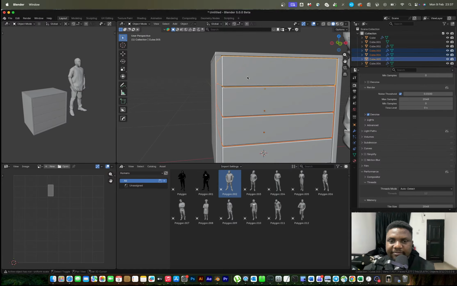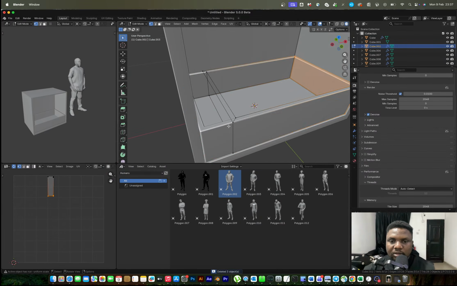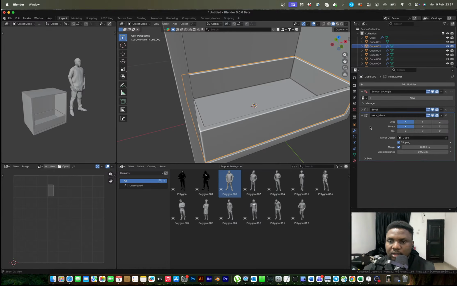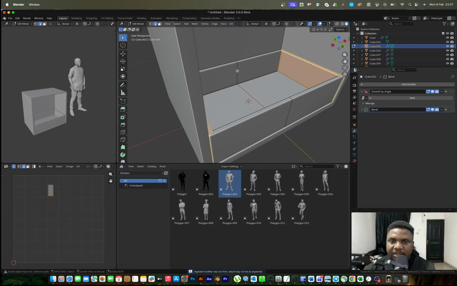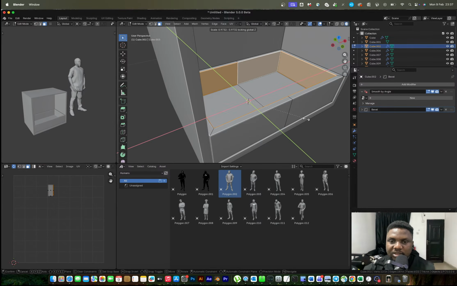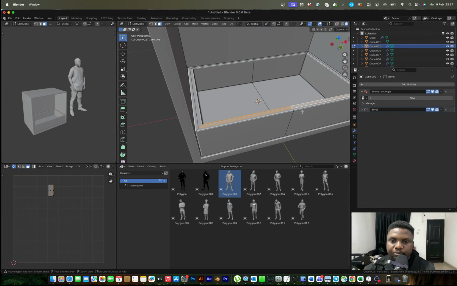So this right here, I feel like it's a little different. So I want to treat this differently. I would first of all apply my mirror modifier, and then I would select this inner face and scale on all apart from the Z axis. So right here, I can bring in a loop on this side and I can just select this right here. But this is not working, so I would undo that, and then